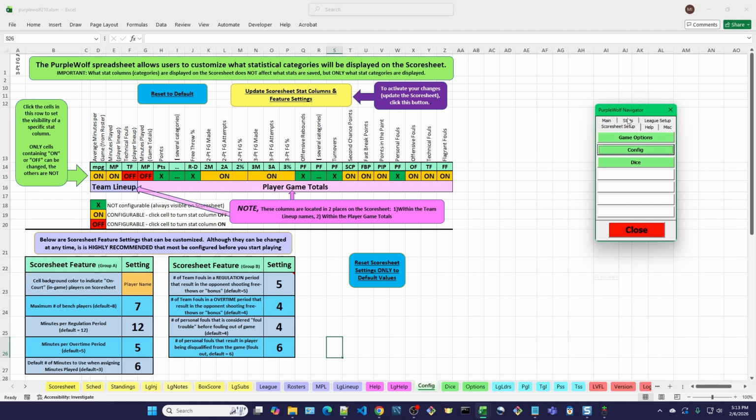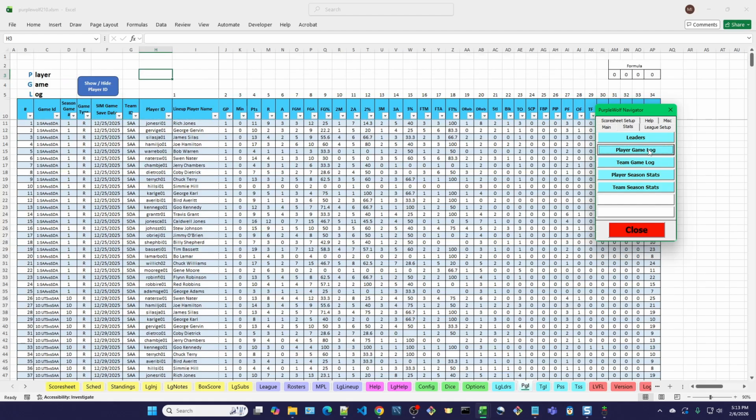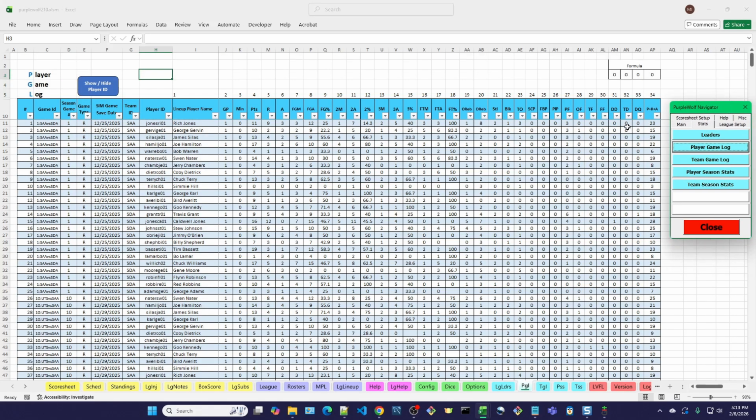So anyway, if we go to the stats sheets, like the player game log, you'll see now over here on the right, near the very end, after the triple doubles, is where it computes the DQ or the disqualification. So you can see down here, this first one was Travis Grant, and he had 6 fouls. So that's why he got a disqualification. And similarly, it's in